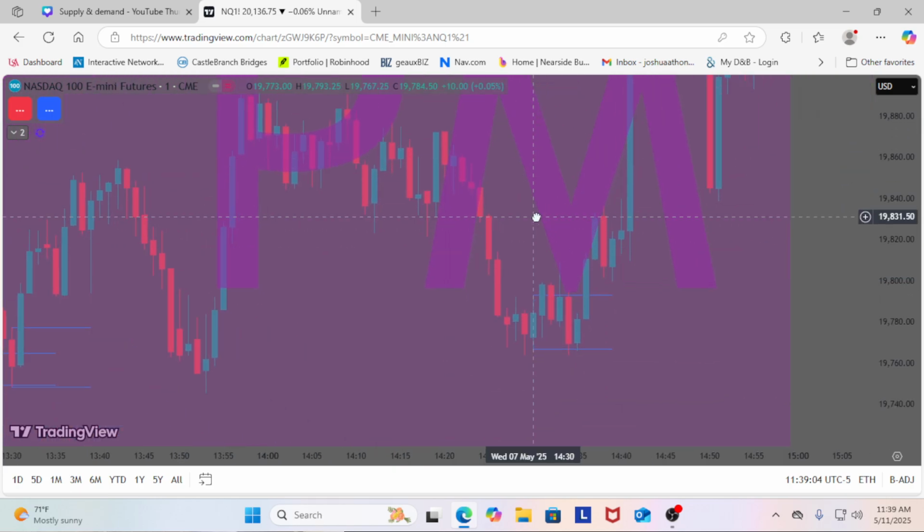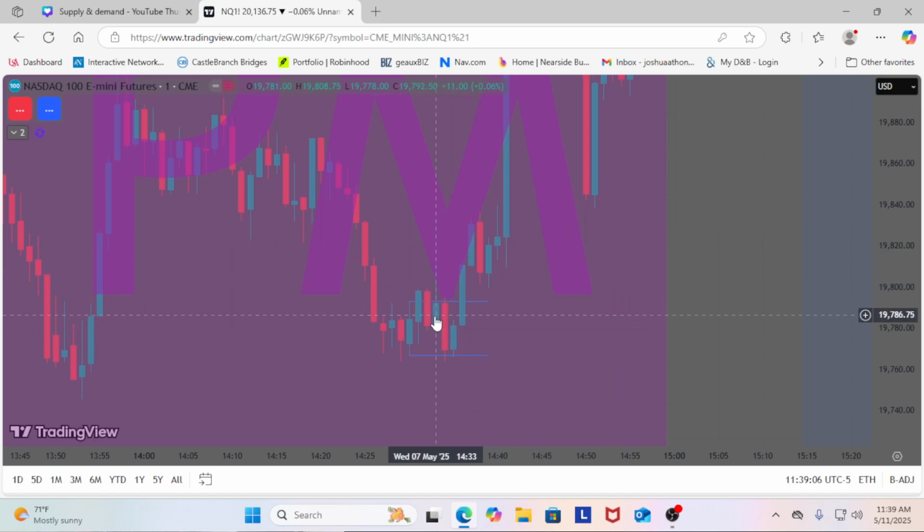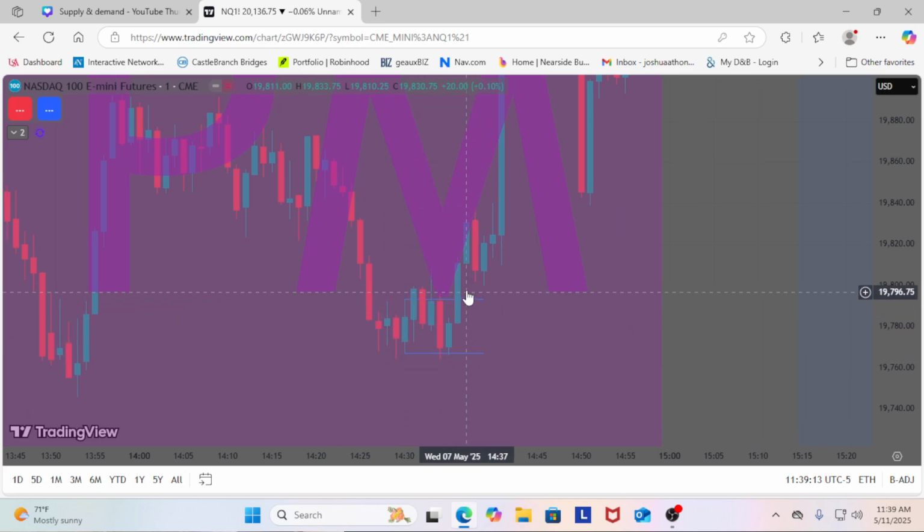Let's find another example. Boom. It prints a demand area. Let's say you don't even get inside the demand area. Let's say you get in at 801. I'm looking for my 20 points, so I'm looking for 821. Boom, I made my 20 points right here off of this candle right here. This, or even this green candle, 820. I would set my trail and take profit. It would come up. I would probably get stopped out somewhere right here, but it's okay because I got my